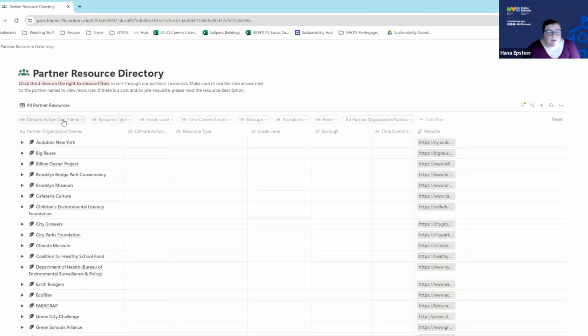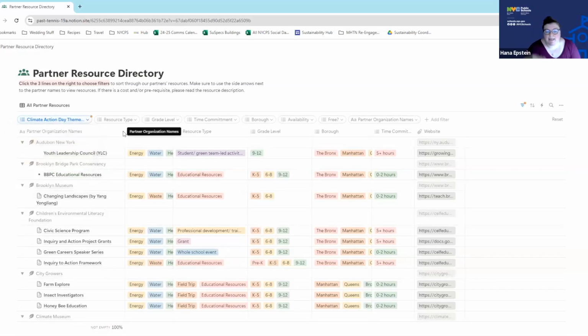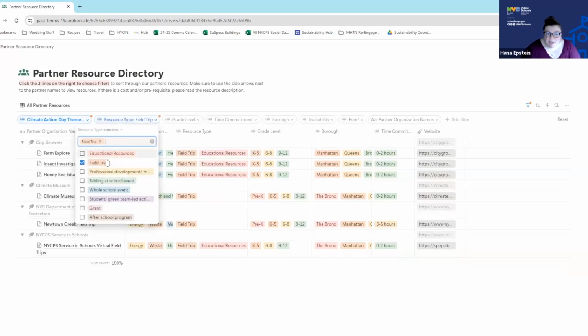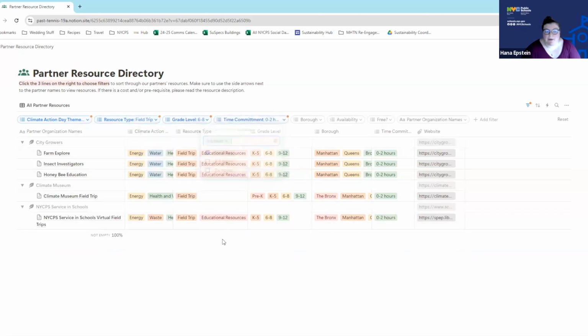So for example, let's say I'm looking for resources for the Energy Climate Action Day. It'll automatically populate with all of the resources that our partners have submitted. If you want to go a little bit more in depth, you can add even more filters on top. So if I wanted a field trip, for instance, and if I wanted it to be middle school and only 0 to 2 hours, these are all of the options that our partners have submitted that you could use that